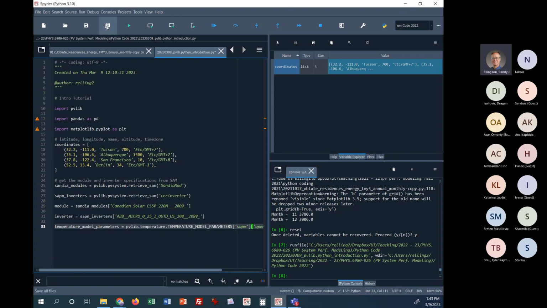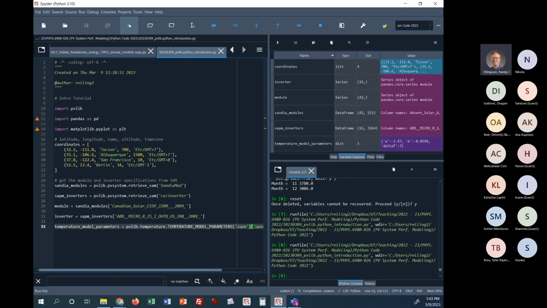So similarly, I can run this file again up here, the green triangle. By the way, when you run the file, it will save the file. So normally you don't have to worry about losing that information. Now when I run the file, the output is really just telling me what it's running and what the working directory is. There's no output per se, but you'll notice that our variable explorer shows more variables now, including